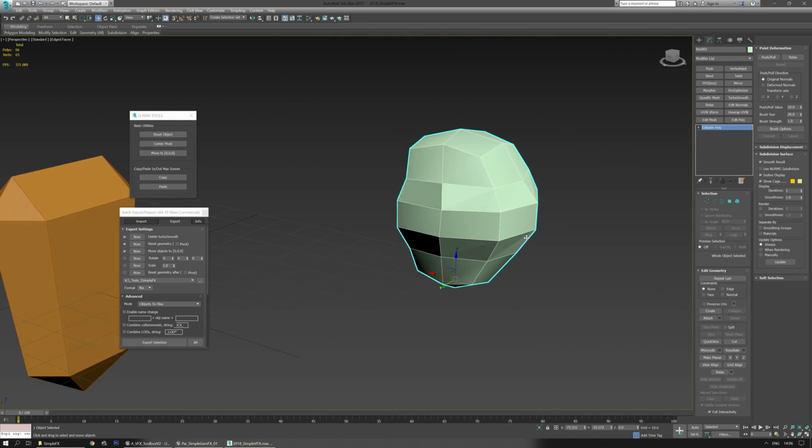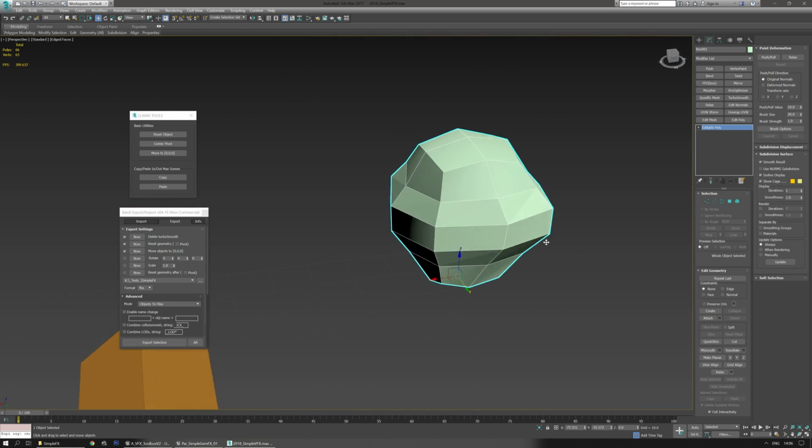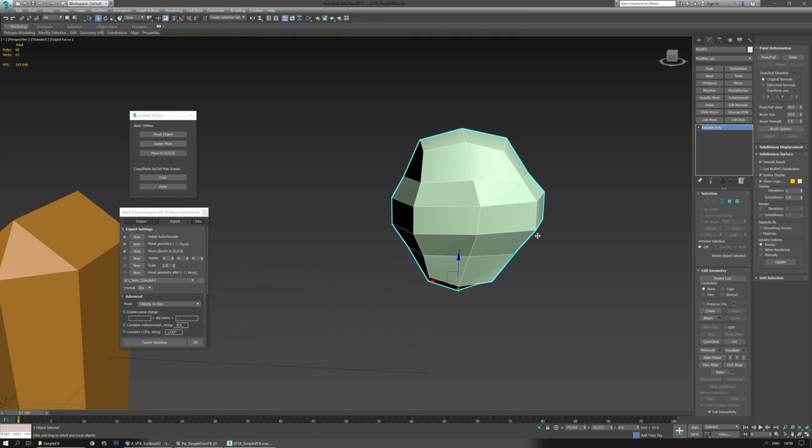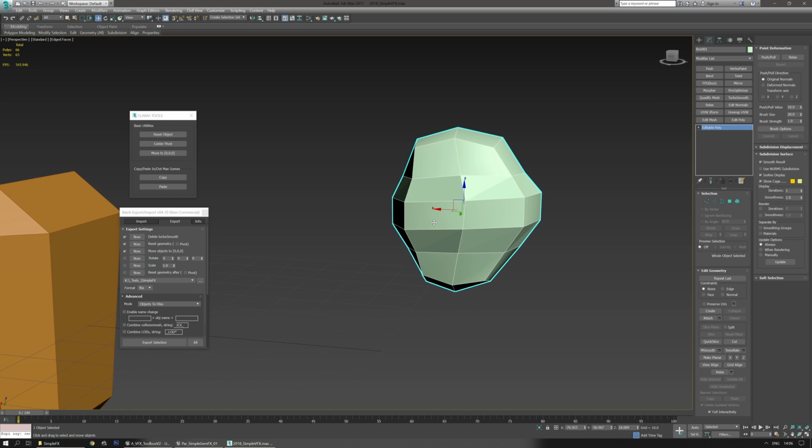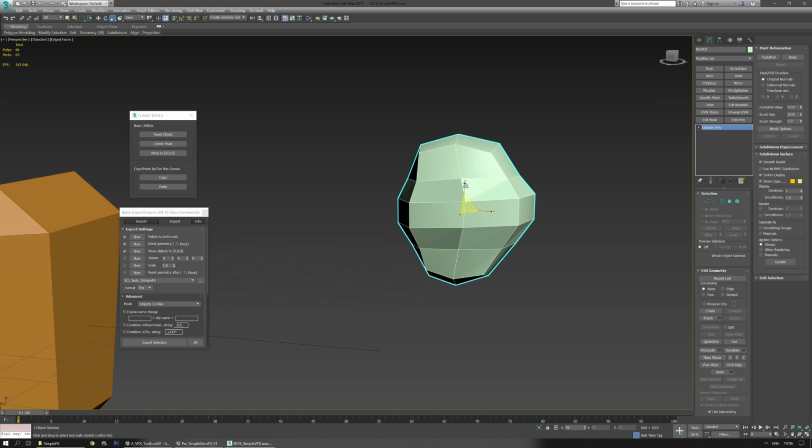Let's see, anything else I see that I want to change a little bit. Usually I want to move the over to the center. Feels a little bit too elongated, so